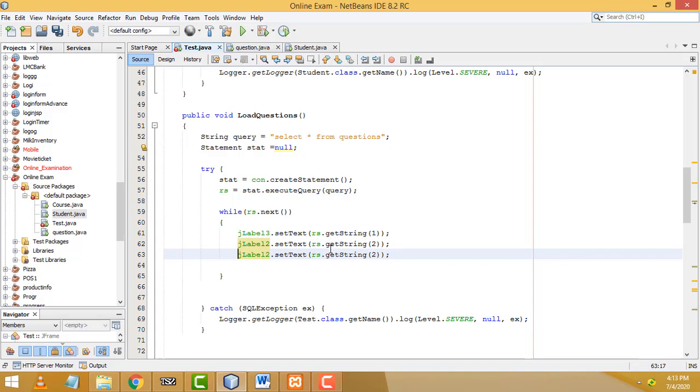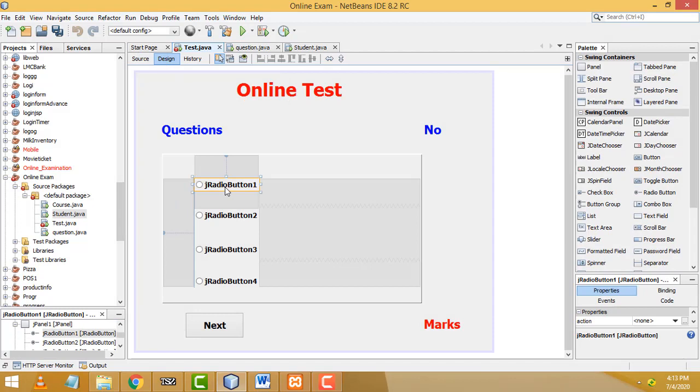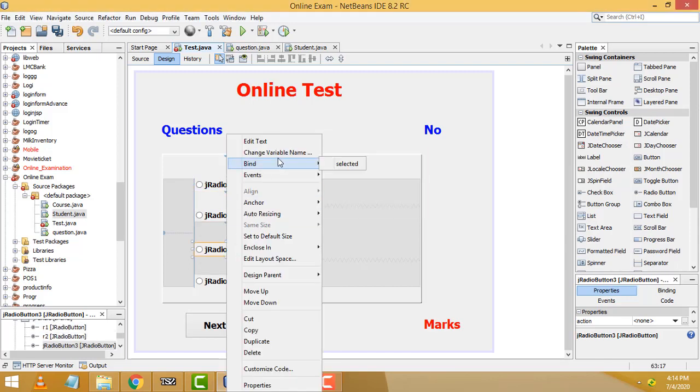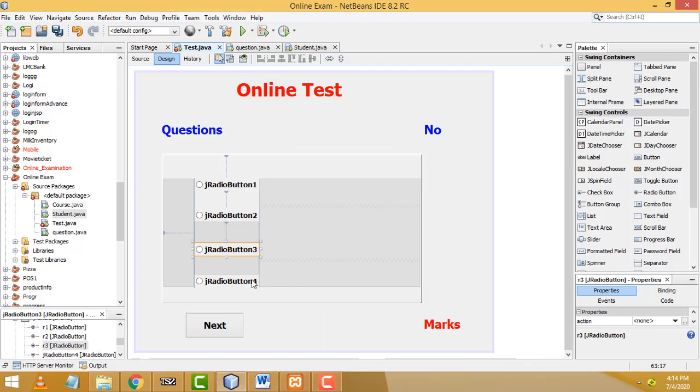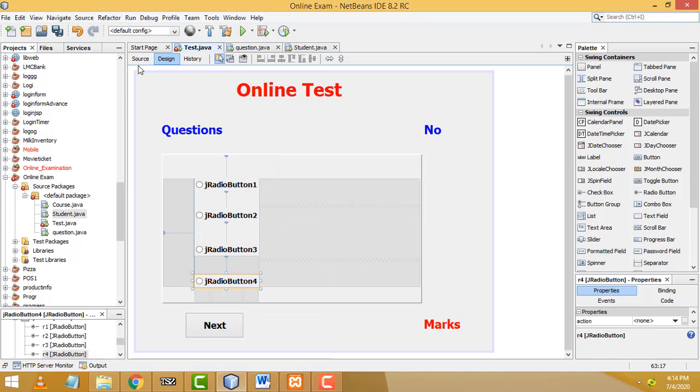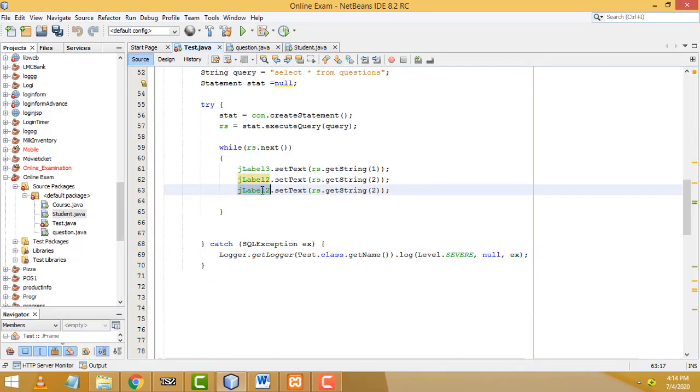Now this one should be the radio button, so we have to change the name here. This one R1, this one R2. Rather than writing the full name, simply write R4. This one should be the R1 radio button. R1 dot setText rs, the same thing, this one should be 3, meaning option 1.